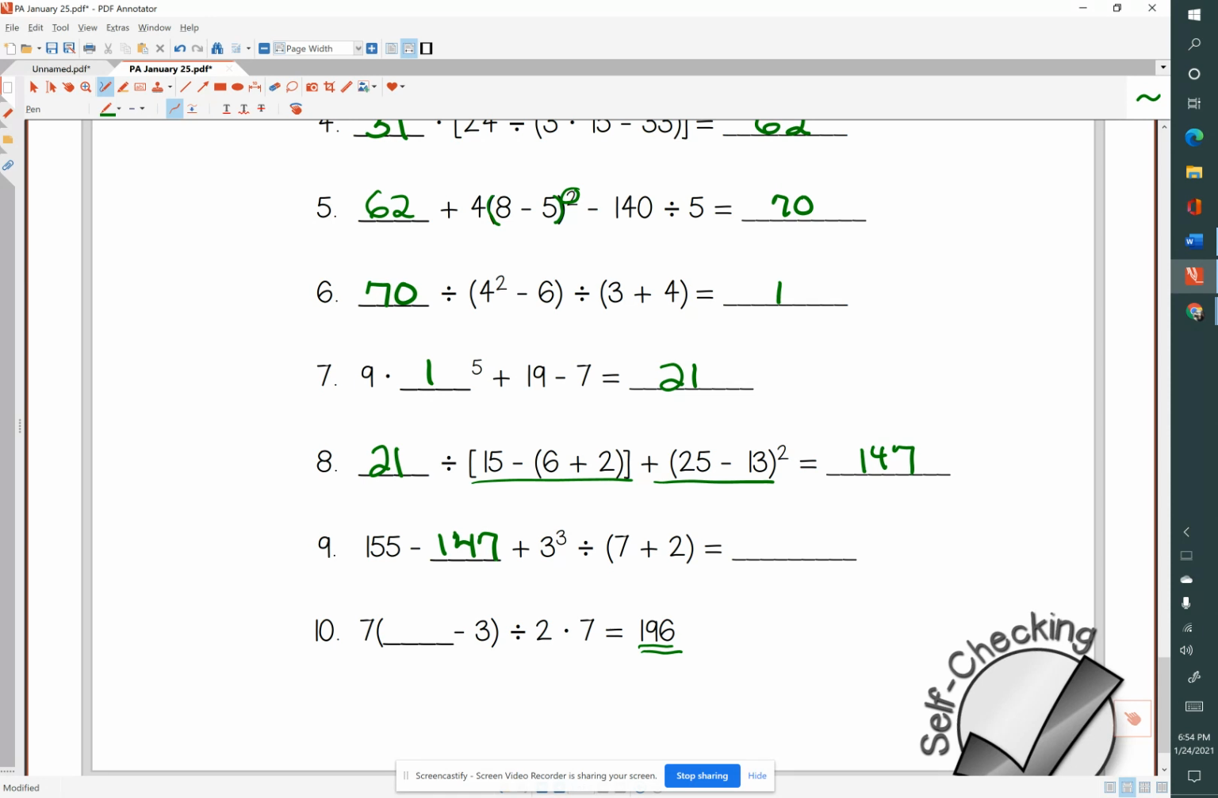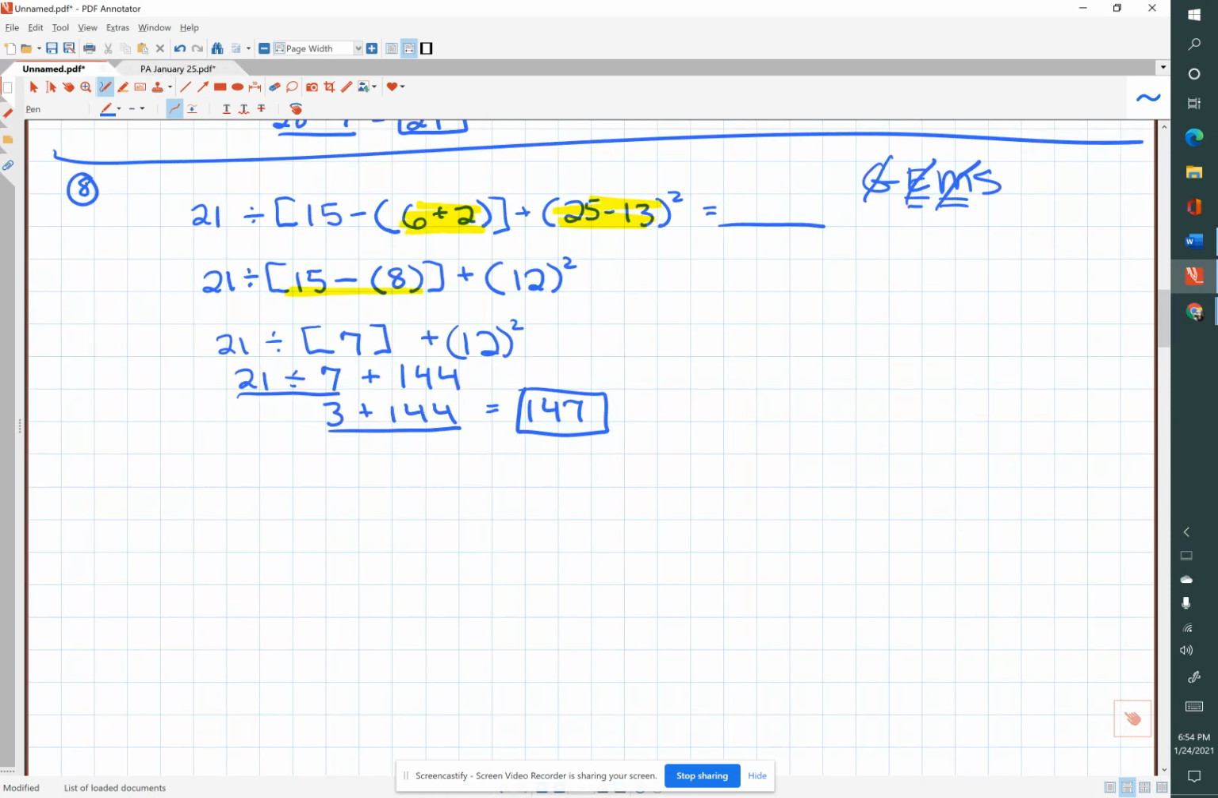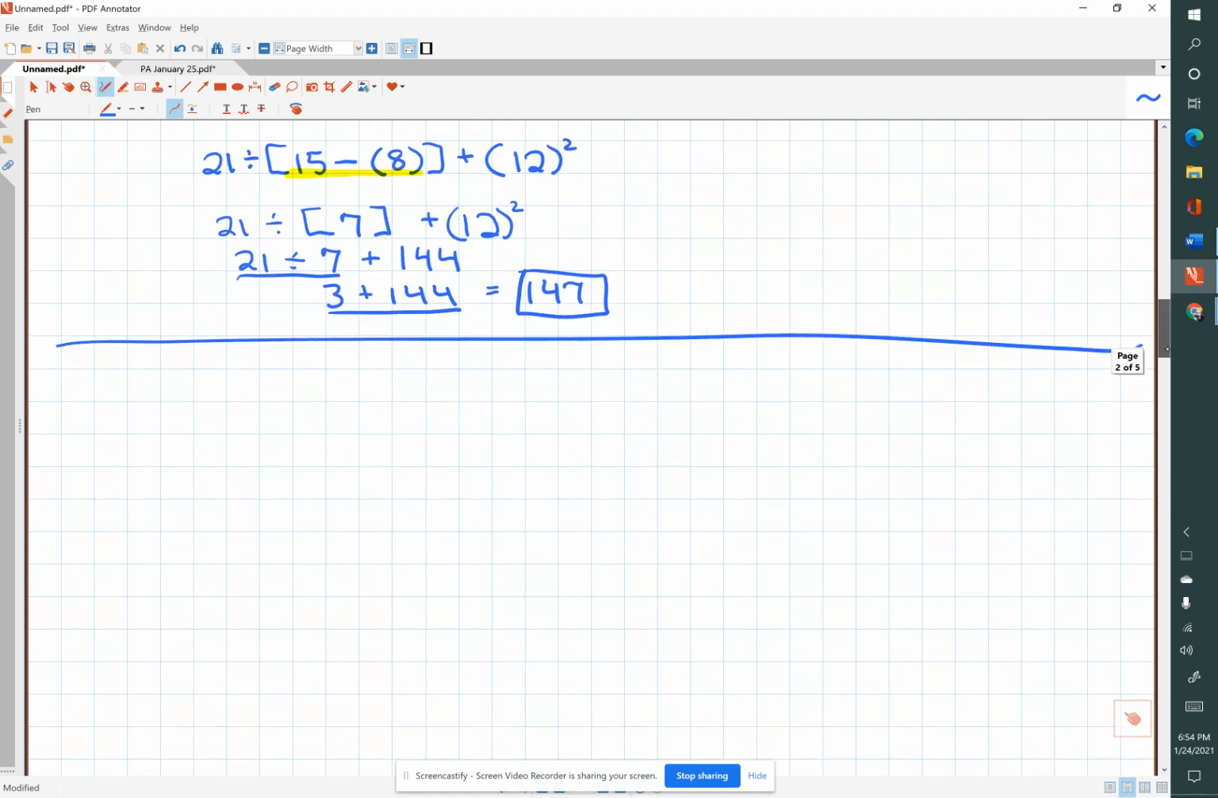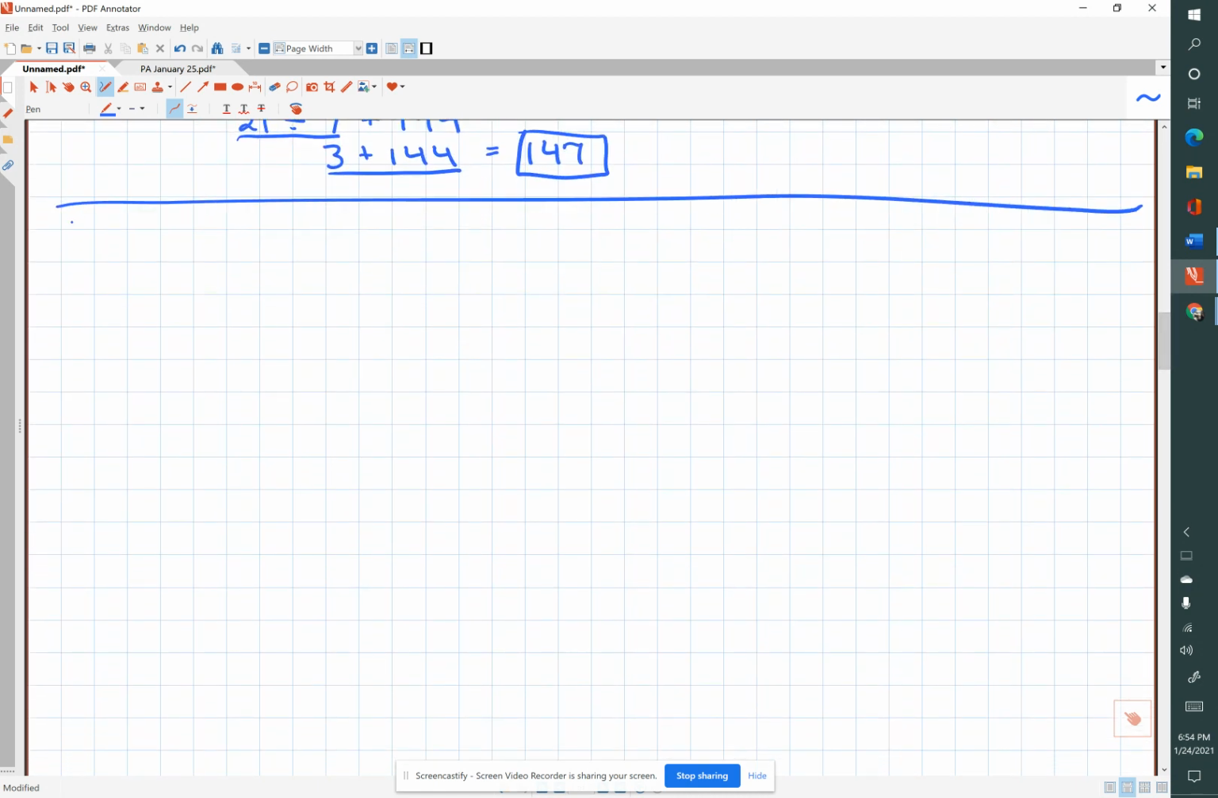Okay, let's get ready for number 9. And I hope you try it on your own. It's okay to make some mistakes. Then you can watch the video and see where you made your mistake. So 155 minus 147 plus 3 to the third power divided by the quantity of 7 plus 2 equals,